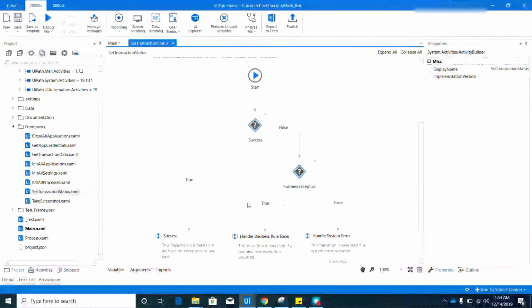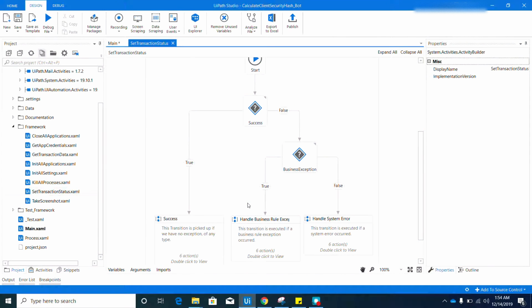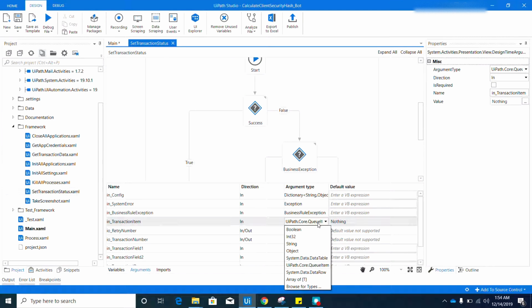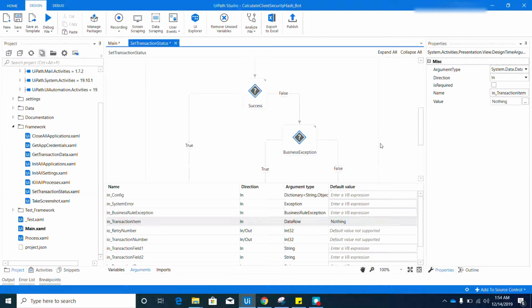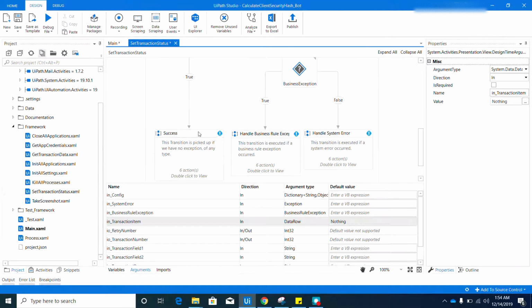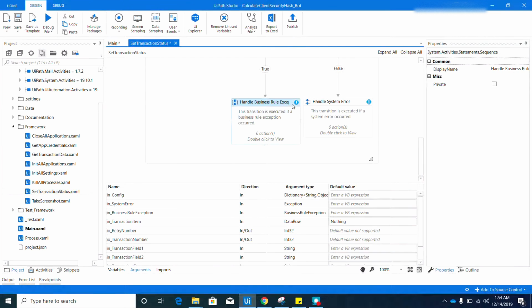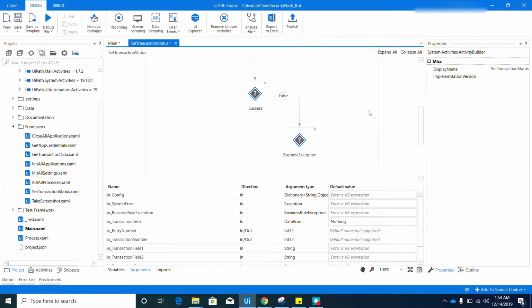And here on the argument, we need to change this to the data row. And after you do that, you can see that you will have errors on these three activities. But since we no longer need these activities, we can just delete them. And make sure to save the changes. So after you do that,